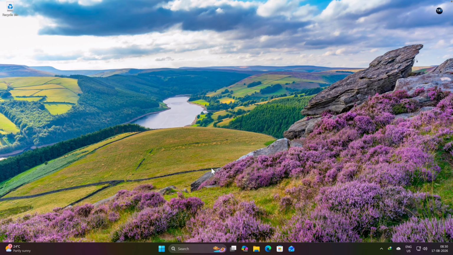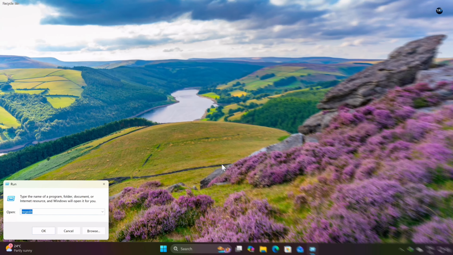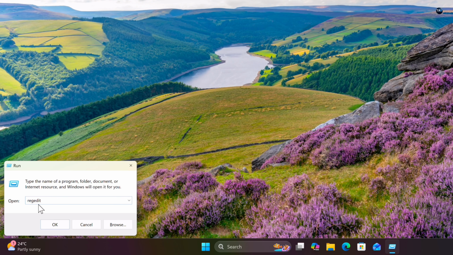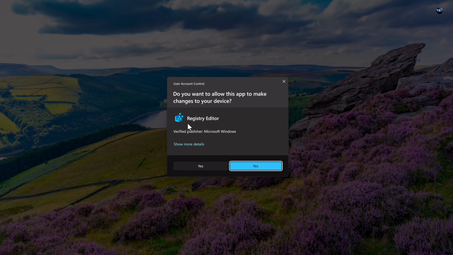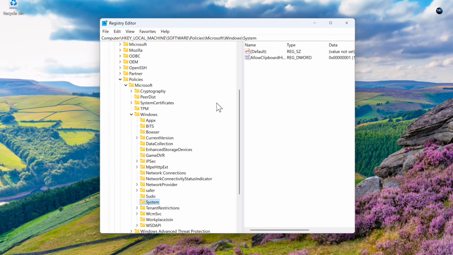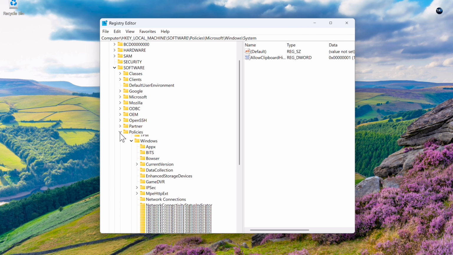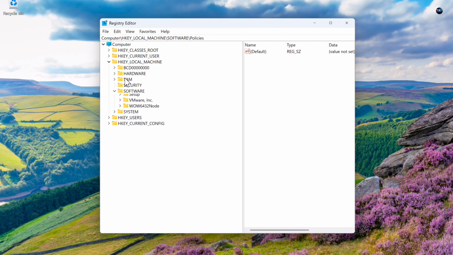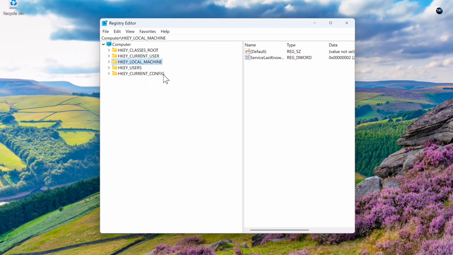So first you have to press the Windows and R keys together, and then type regedit like this. Click OK. Give user account control permissions. Click yes. Let me close all these folders first so that I can demonstrate clean and clear. Now